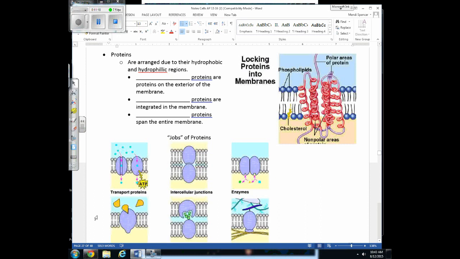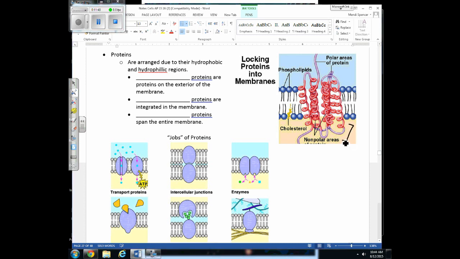Next, we're going to focus on proteins, and most of the lecture is about proteins, the different types of proteins, and the different jobs that they perform for the cell. Now, just like phospholipids have nonpolar and polar regions, we learned that proteins have polar and nonpolar regions as well. And the nonpolar regions fold more on the inside of the protein, and the polar regions fold more outward to interact with water. And these nonpolar and polar regions affect how the proteins are inserted in the membrane, as you